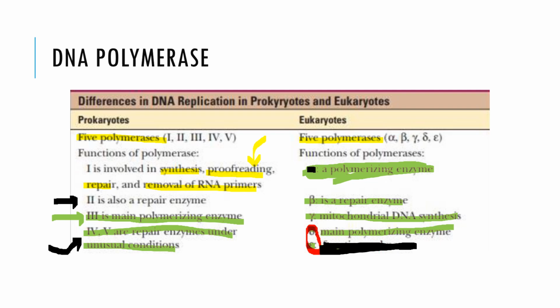Okay, so I hope everything is clear to you. There is a difference between prokaryotes and eukaryotes, but when we talk about the actual or main polymerizing enzyme, in prokaryotes it is DNA polymerase 3, whereas in eukaryotes the main polymerizing enzymes are delta and epsilon. Other DNA polymerases have their own function. This one is also very important: if there is no alpha polymerase, there will be no RNA primer. If there is no primer, the process of DNA polymerization will not